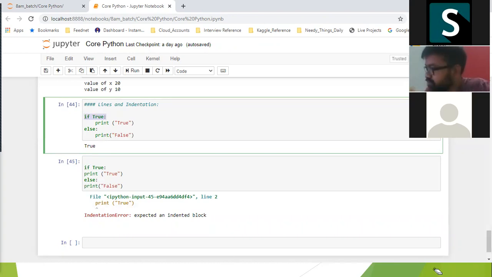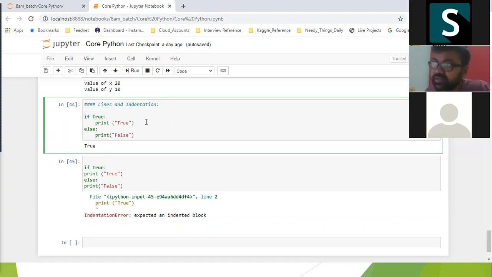Instead of curly braces, we are using space, right? Yes, in other languages we use curly braces to open and close a block, but in Python we use indentation space, four spaces for one single tab.